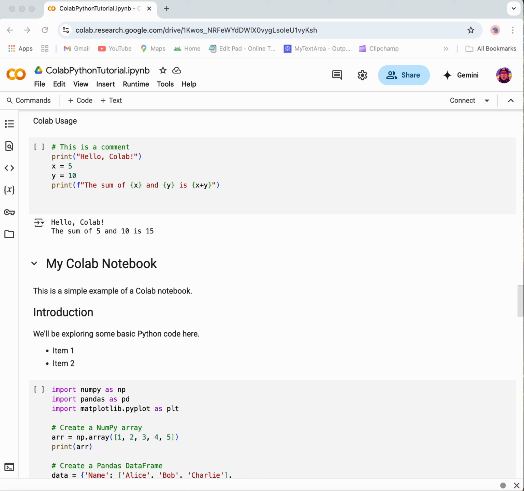So what is Google Colab? Google Colaboratory, often shortened to Colab, is a free cloud-based Jupyter notebook environment that allows you to write and execute Python code through your browser. As you can see here, we are running Google Colab in our Google Chrome browser. It's very popular for machine learning, data analysis, and educational purposes due to its ease of use